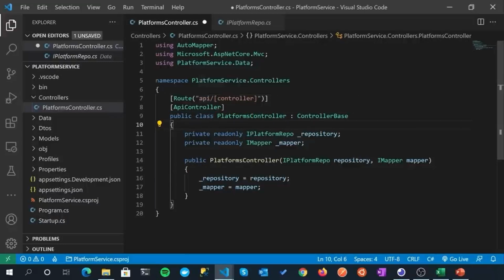So the route to this controller will be api/platforms. Up to you which way you want to do it. I've seen it used both ways, either this way or just hard coding it.